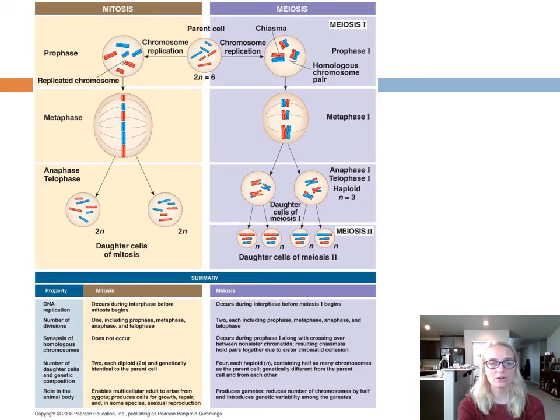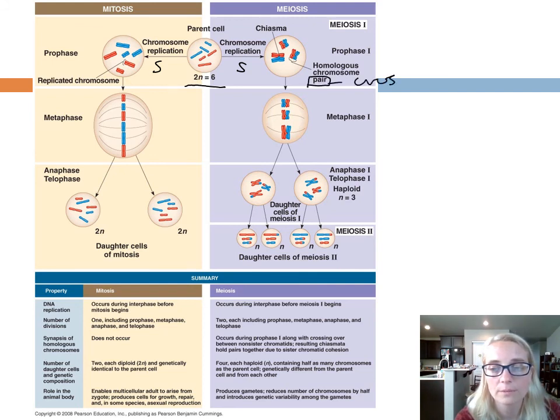And this last slide here is just, again, comparing the processes and the outcomes of mitosis to meiosis. They both start off with a diploid cell with a chromosome number of 6. They're going to replicate. So again, this is S phase of interphase for both of those. In prophase of mitosis, you don't get any crossing over. They just kind of hang out, getting hooked onto the spindle fibers. In prophase 1 of meiosis, this is where you get the pairing up, and this is where you get the crossing over,